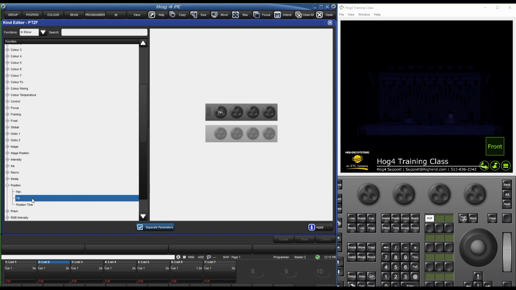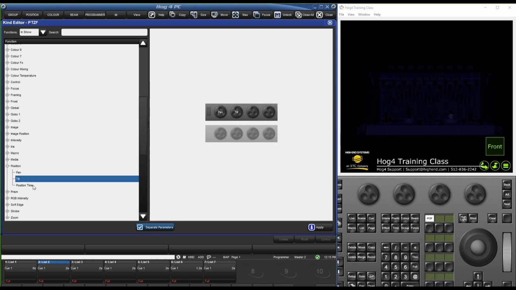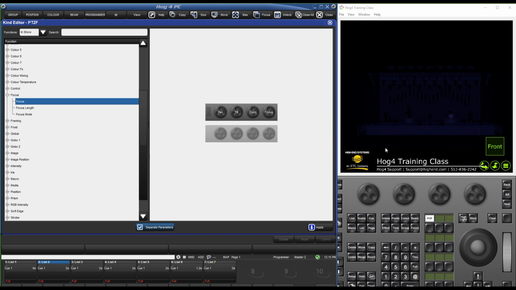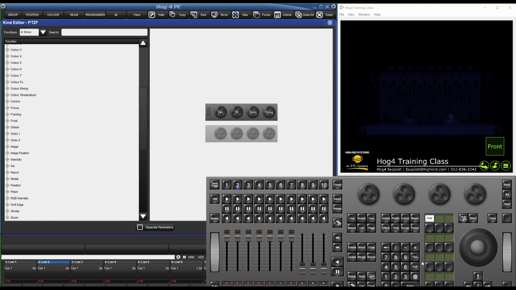So I have pan, tilt, and then zoom, and focus. And then I'm going to uncheck separate parameters for now and hit apply. And then we'll talk about what that did. So now if I select my fixtures 1 through 9 at full,